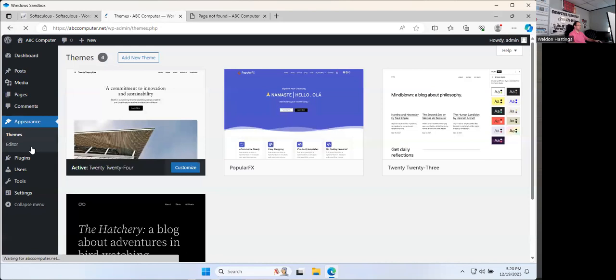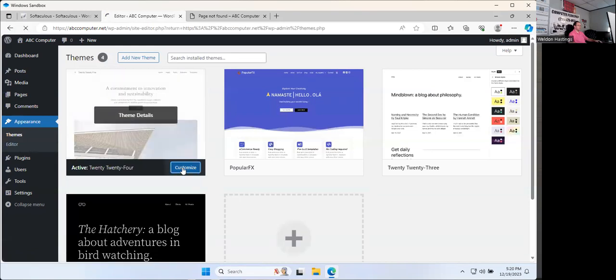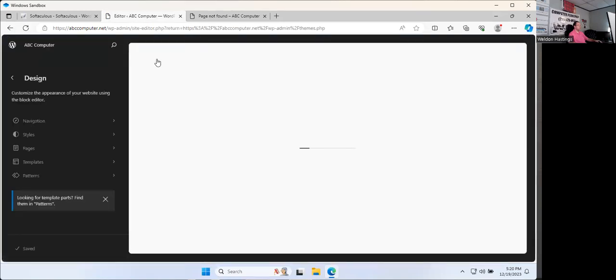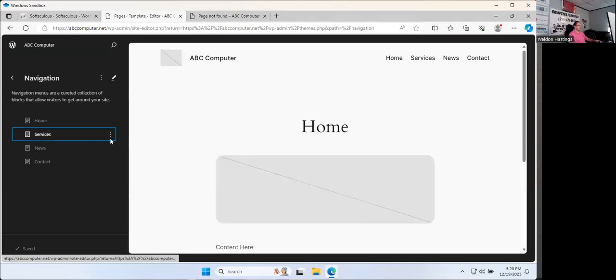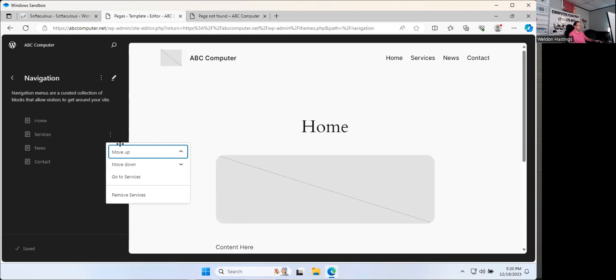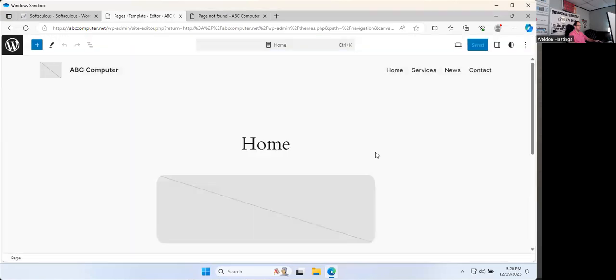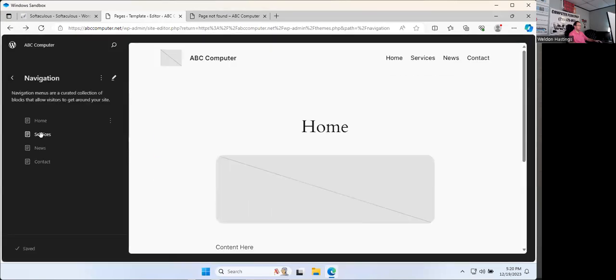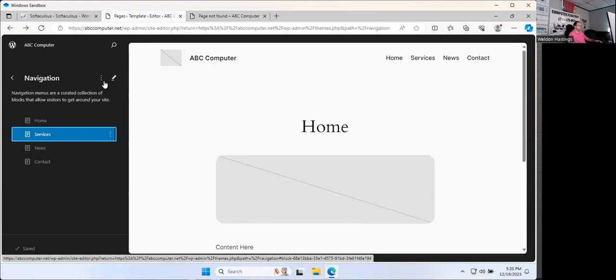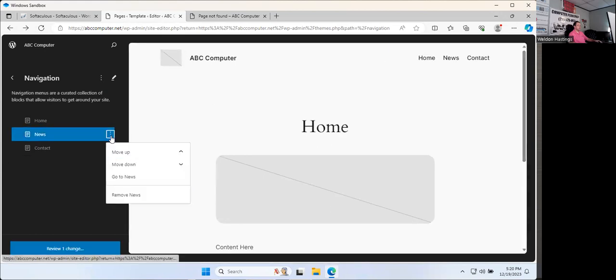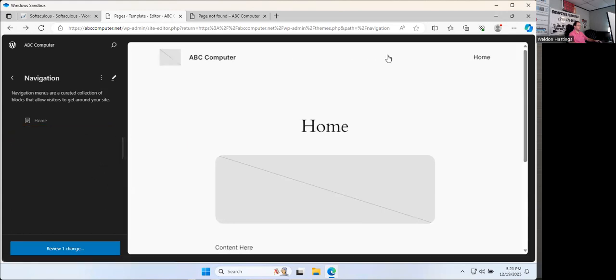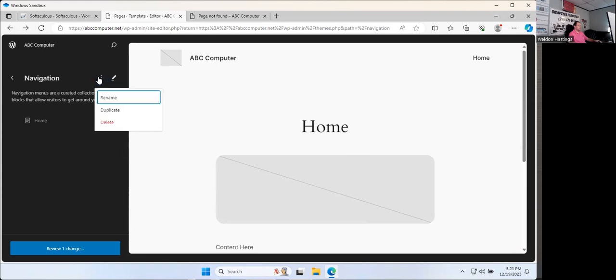If I go to appearance and I customize, and I hit our navigation, services, should take us... we'll remove the services. Actually, let's just remove everything. So this is just the menu items we're removing. And then we'll add